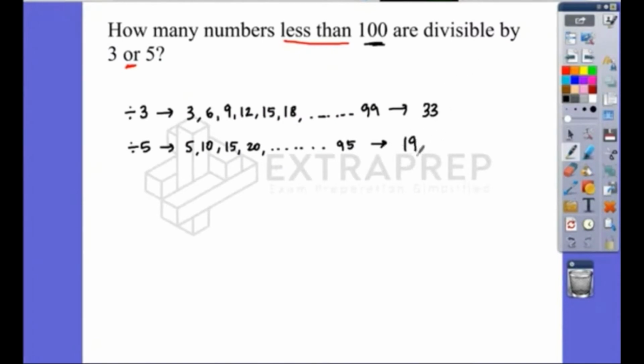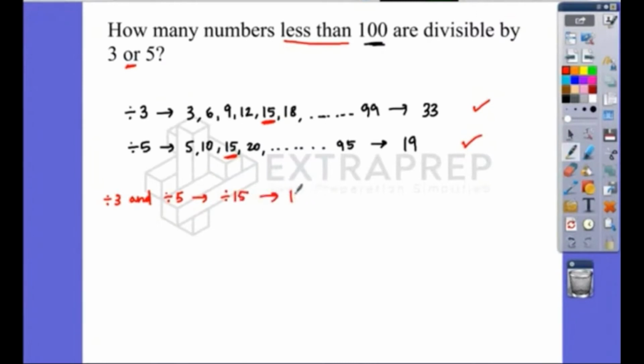Now this is okay. When you see all these numbers satisfy conditions, but there are certain numbers which are counted in divisible by 3 and also in divisible by 5. The same number cannot be counted twice. So we'll have to subtract them. What are the numbers which are present in both the cases? They are the numbers which are divisible by 3 and also 5. So numbers divisible by 3 and 5, which indicates they are definitely divisible by what? 15.